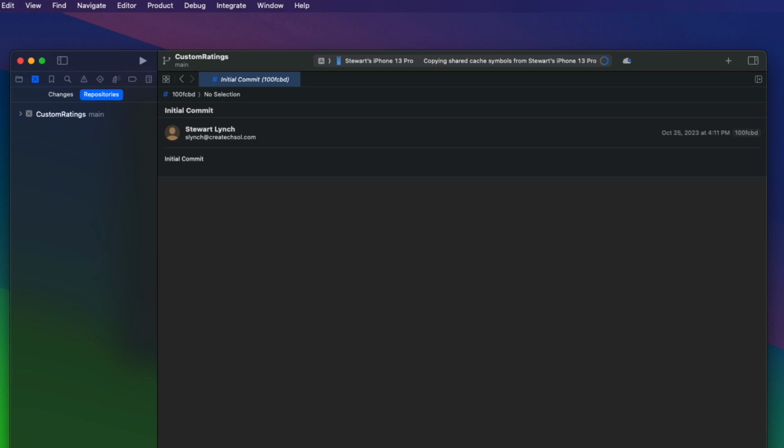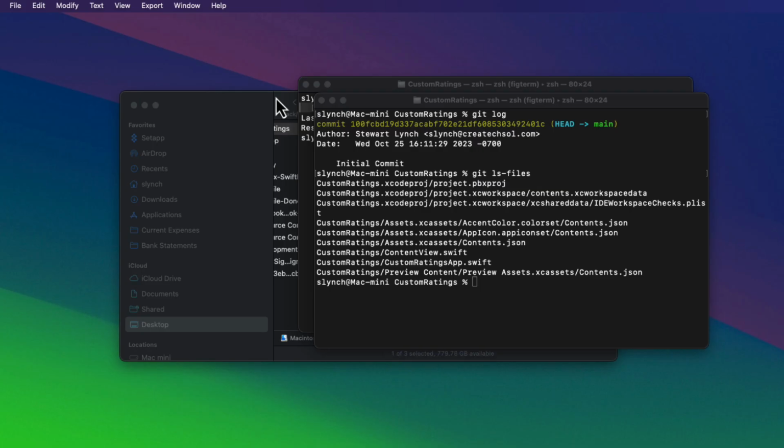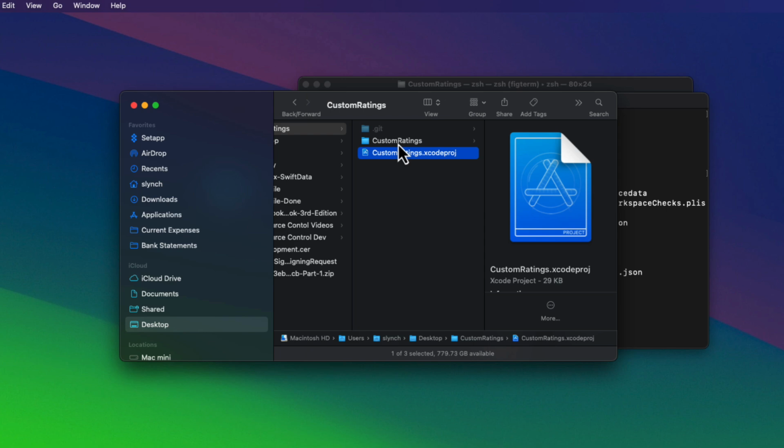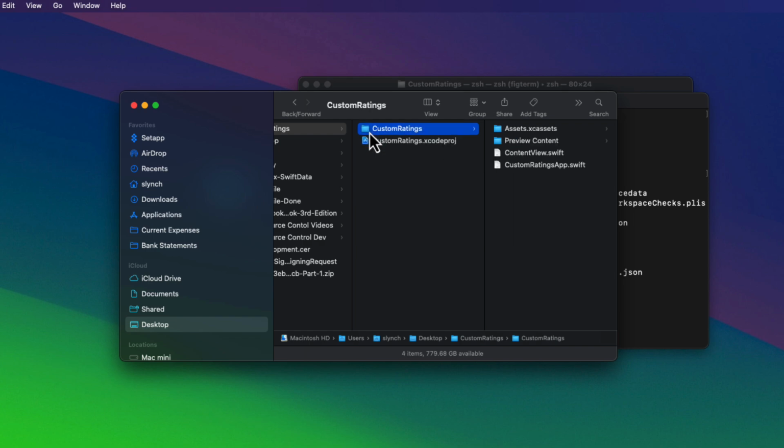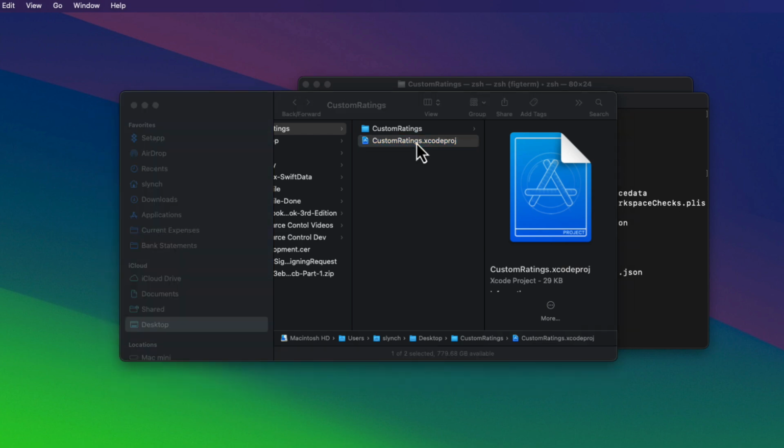Now let me show you the same thing using Xcode. First, I want to remove all source control from this project. So I can exit Xcode. And the easy way to do all this is when you go to Finder, you can simply delete the .git folder. If I open Xcode once again,